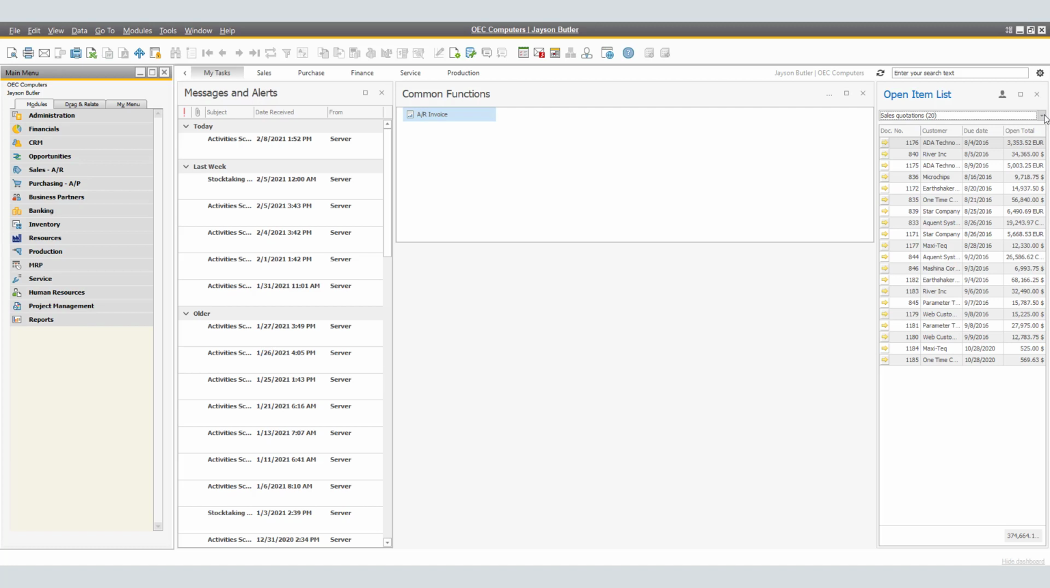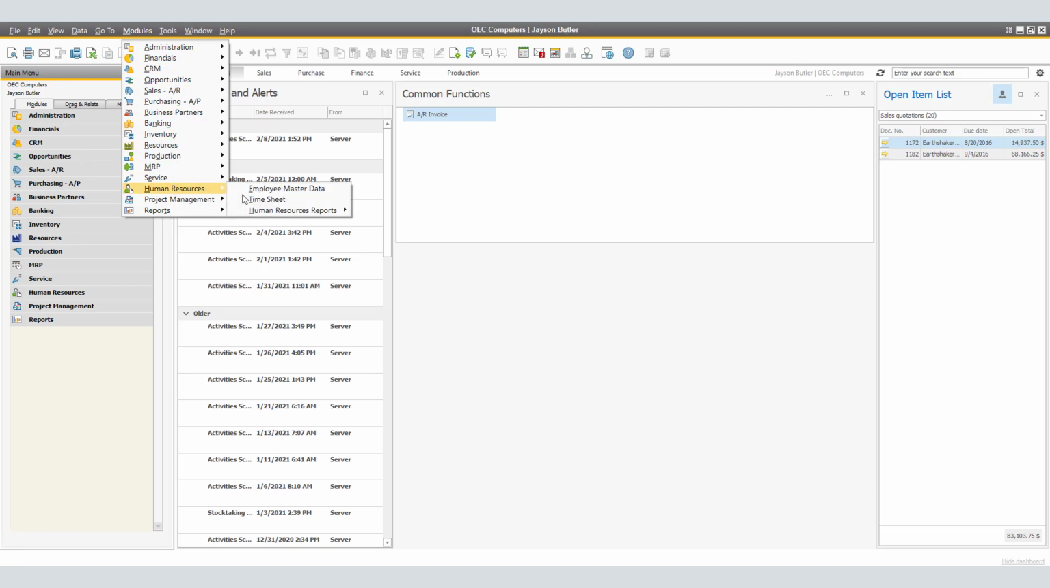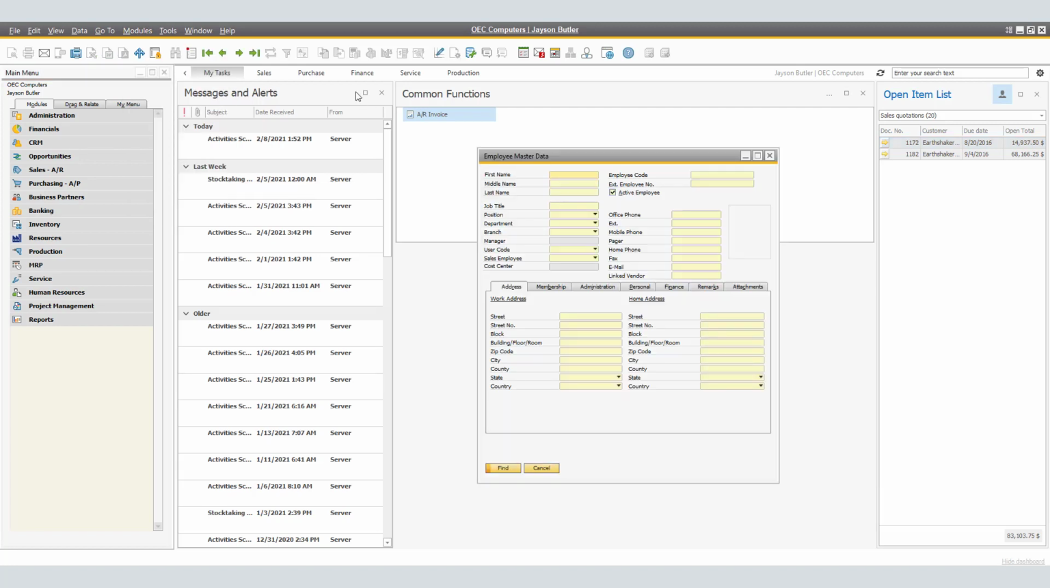You will also see a profile icon. The profile icon is related to only showing items that are mine. By clicking this icon, this is directly related to a salesperson and the user. If you navigate to Modules, Human Resources, and Employee Master Data, in our case, I'll bring up Jason Butler. We see here that the salesperson connected to Jason Butler is also Jason Butler. When clicking on the profile icon to show items that are only mine, you will now see that the only